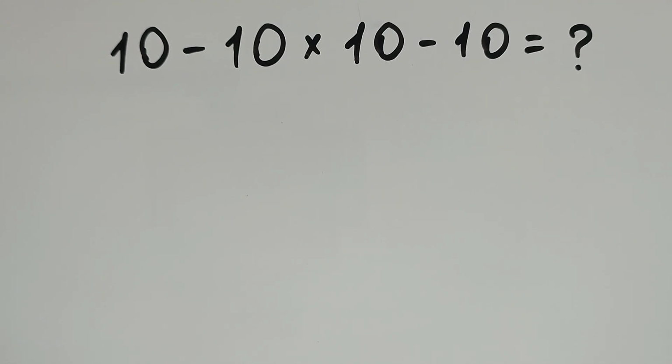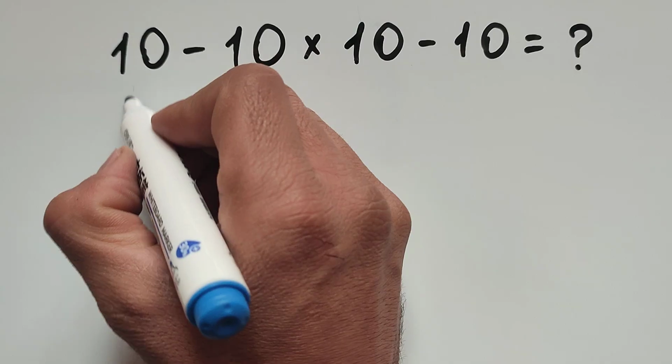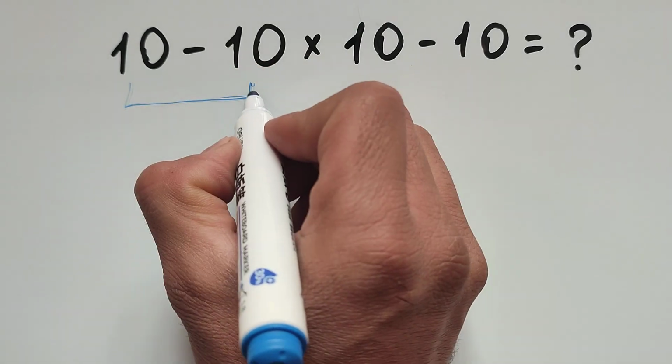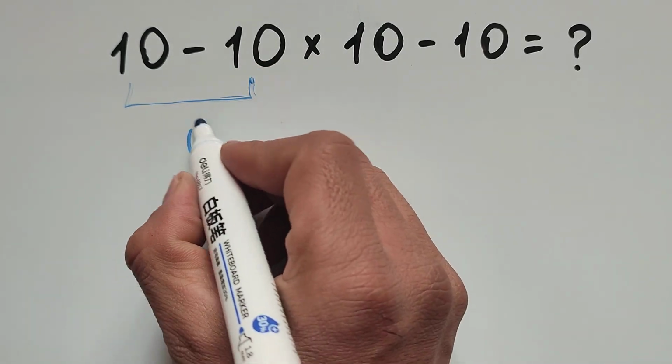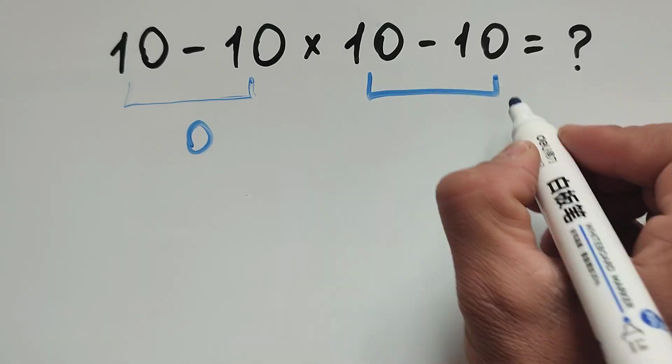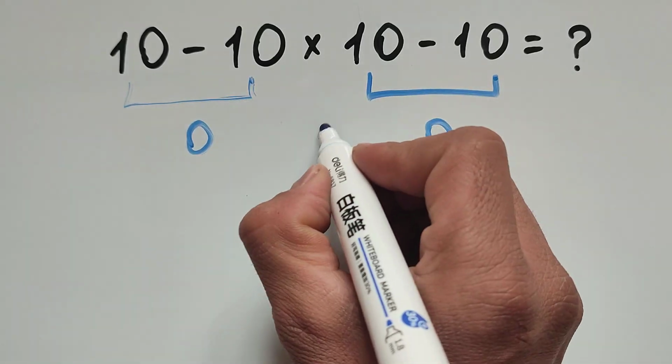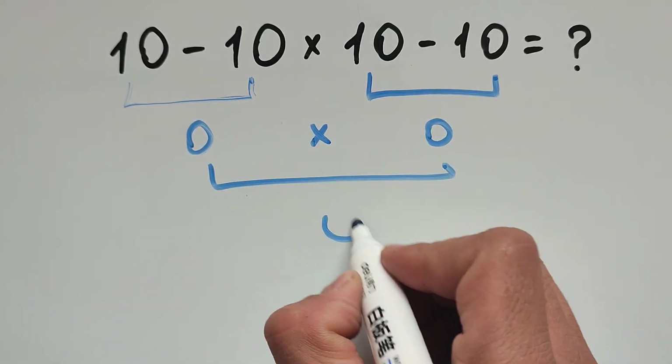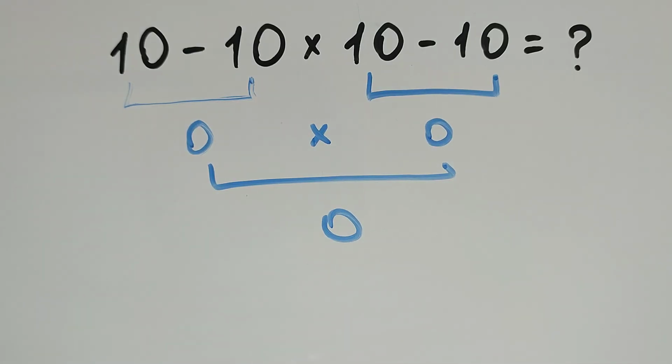Let's begin to solve this tricky math problem. 10 minus 10 equals 0 and 10 minus 10 equals 0. 0 multiplied by 0 equals 0. But this is not the correct answer because